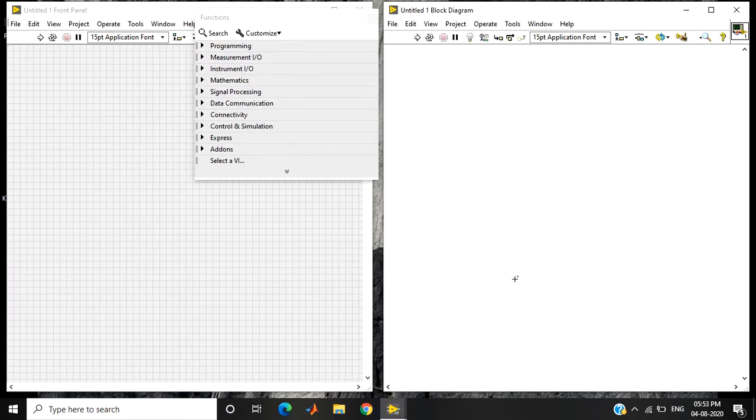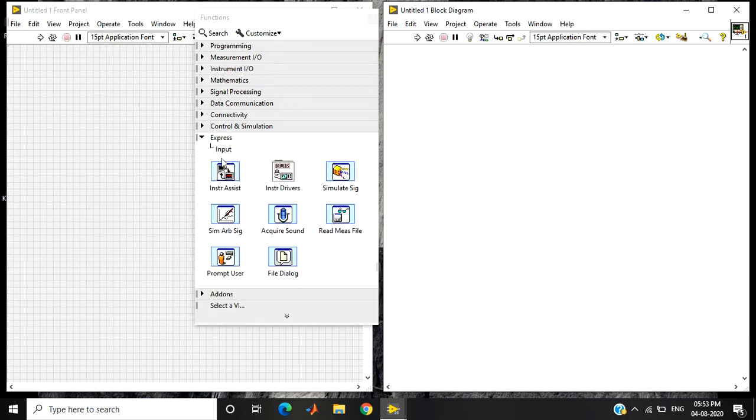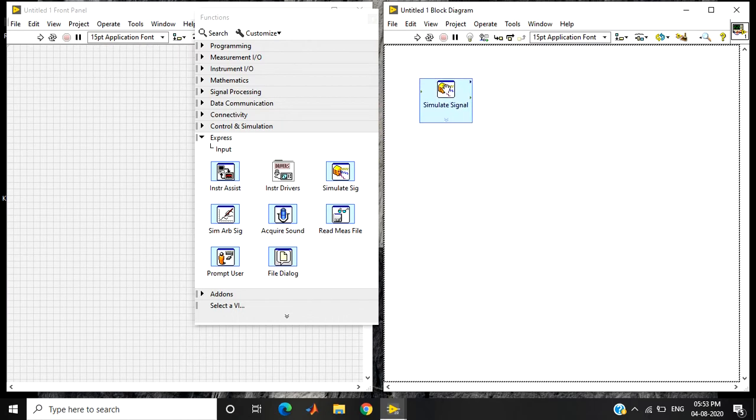Now we are going to see how to generate a signal in LabVIEW. For that we have to go to the block diagram window, functions palette, Express, select Input, click on Simulate Signal and place it in the block diagram window.